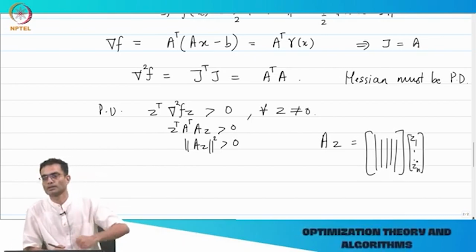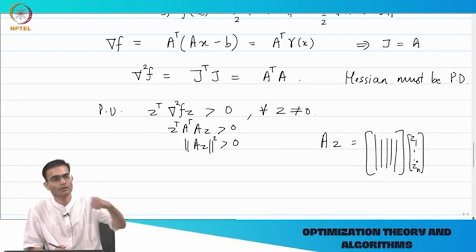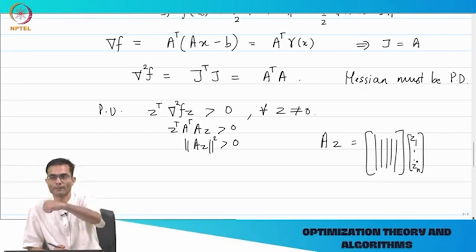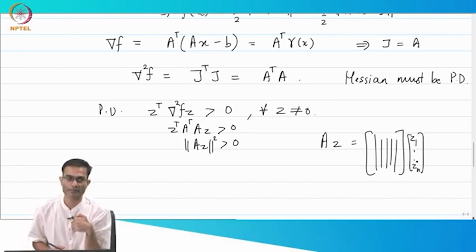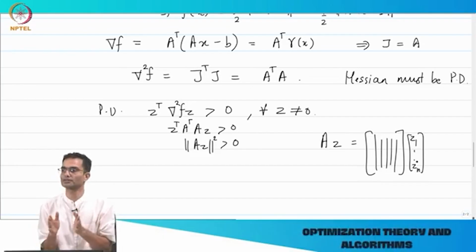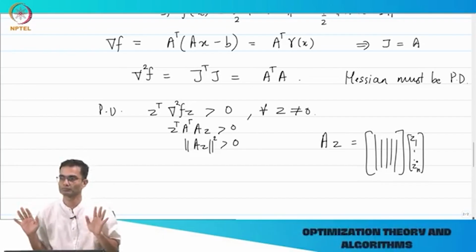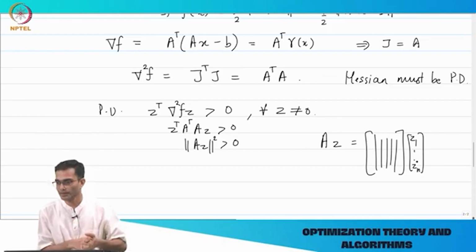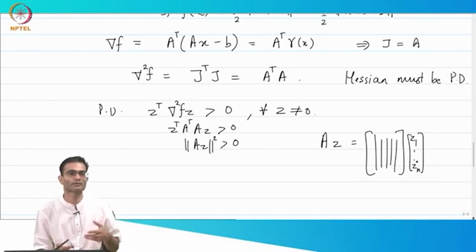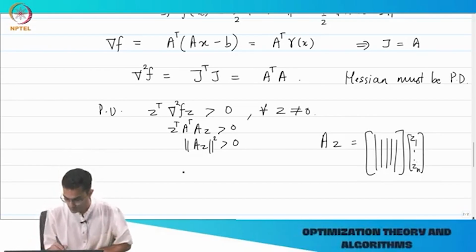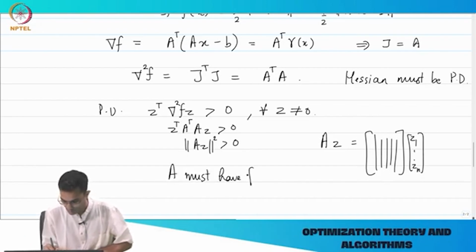So A into Z is also a linear combination of the columns of A. That is one picture of A into Z. If the columns of A are linearly independent, that means there is no linear combination of this which is going to give me 0, because they are linearly independent, right? So that is why A should have, you can say the columns are linearly independent, or a shorter way of saying it is full column rank, right? So A must have